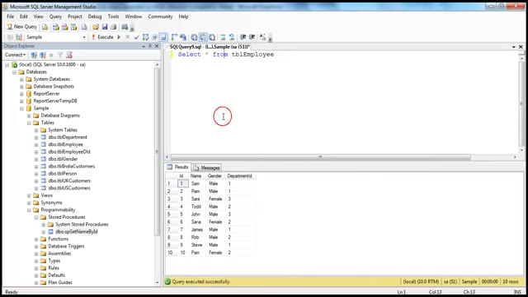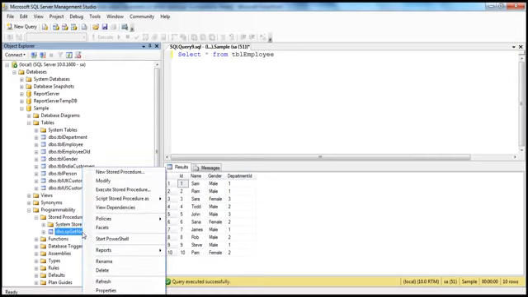Okay, so we are in SQL Server Management Studio, and in the Object Explorer, if you open the programmability folder, you should see the stored procedures folder, within which I have a stored procedure sp get name by id. We created this stored procedure in the previous session. Now if I want to execute it, I can just right click on it and select execute